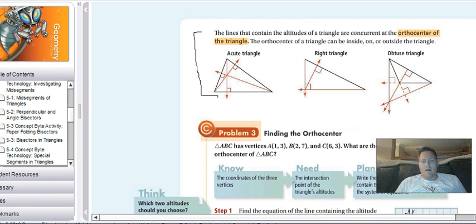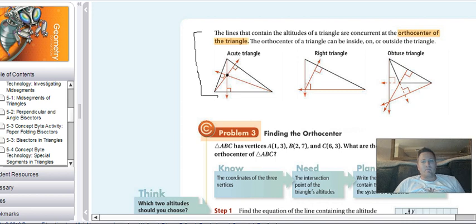Okay, so if we were to take the altitude of each of the 3 vertices to the other side, and where those 3 lines meet together, that's called my orthocenter. Okay, so the orthocenter can be in different spots. It can be inside the triangle, like with this acute one right here. See how each of these from the vertex to the other side make 90 degrees, and where they come together